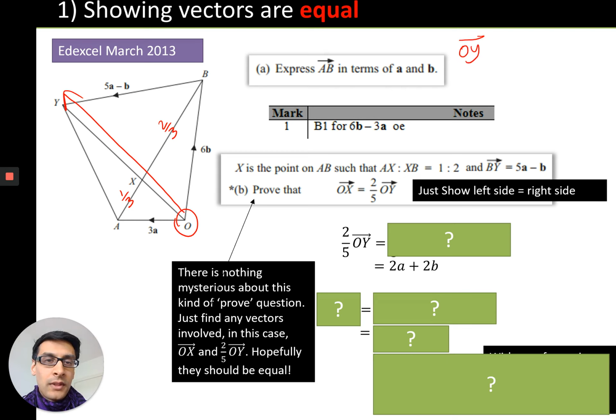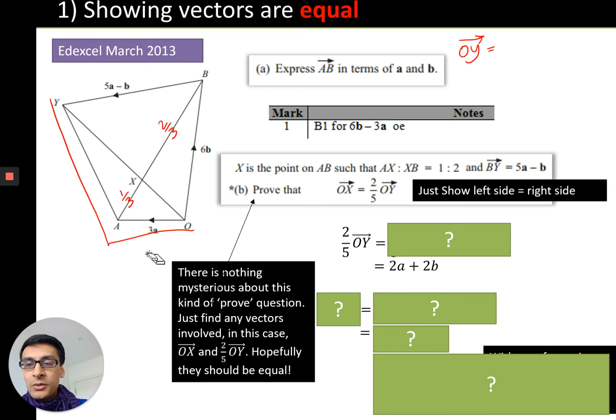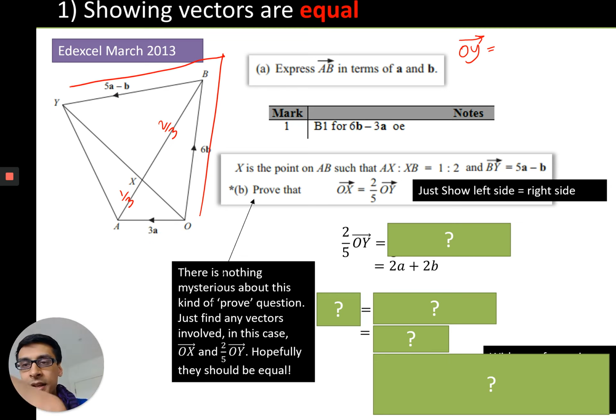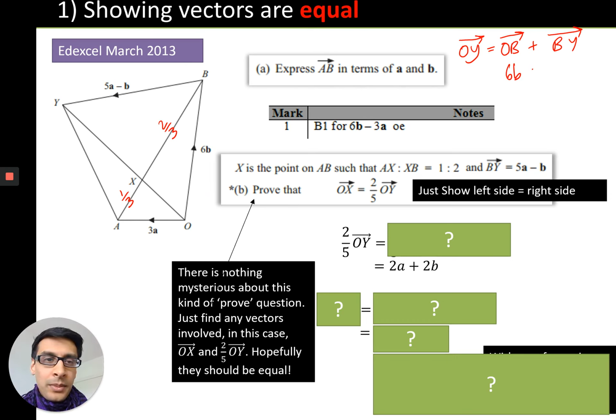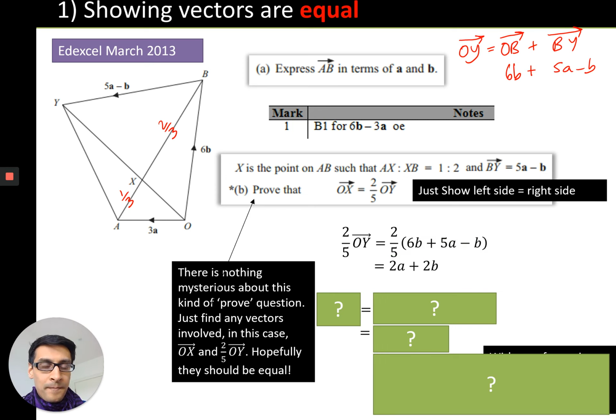So OY is equal to, well, we can't go this way because we don't know what that is. So instead we're going to have to go up and then left. We're going to need to write the route down for the examiner. So it's going to be OB plus BY. Now OB is 6b. You can see that here. And then BY is just 5a minus b. When you simplify that, you can see you get